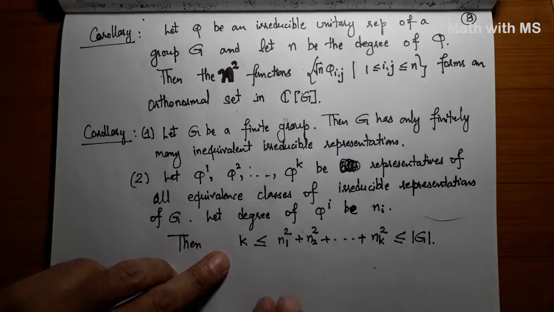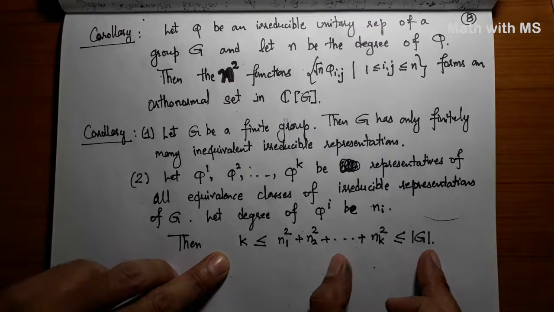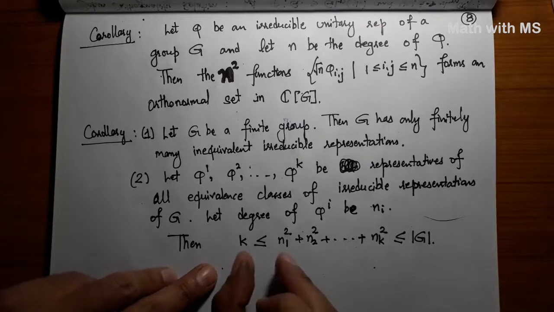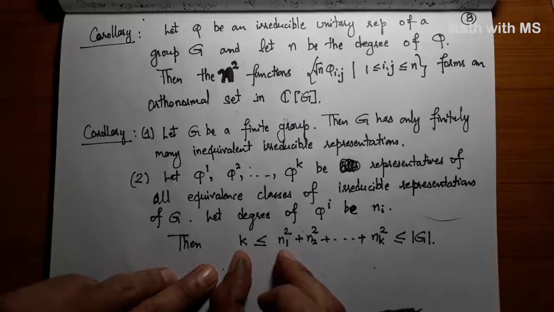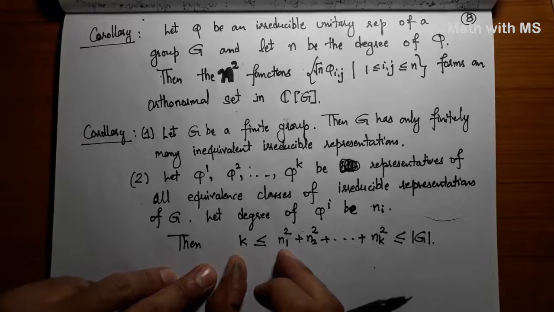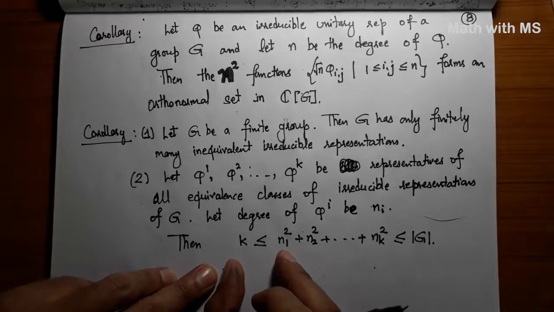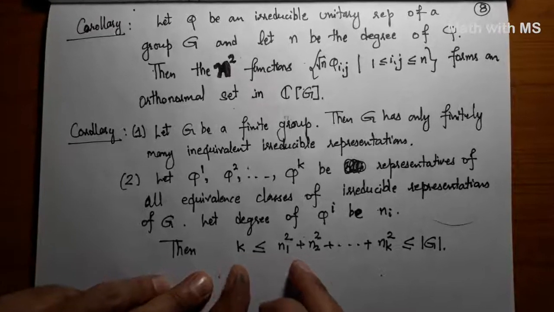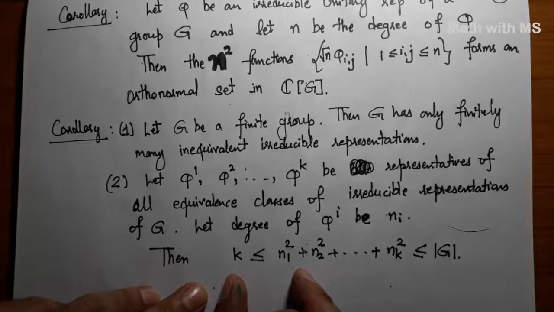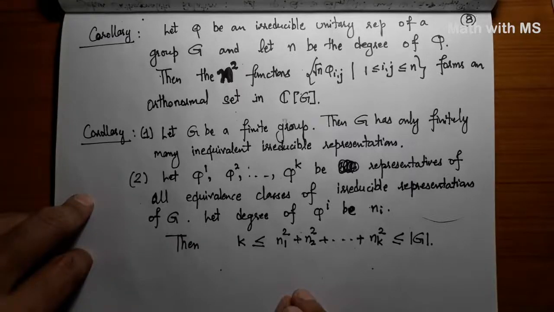Later we are going to show that the second inequality is always an equality, and the first inequality becomes an equality if and only if the group is abelian. In fact, for the finite cyclic group, you can check it yourself. I will finish this lecture here. Thank you.